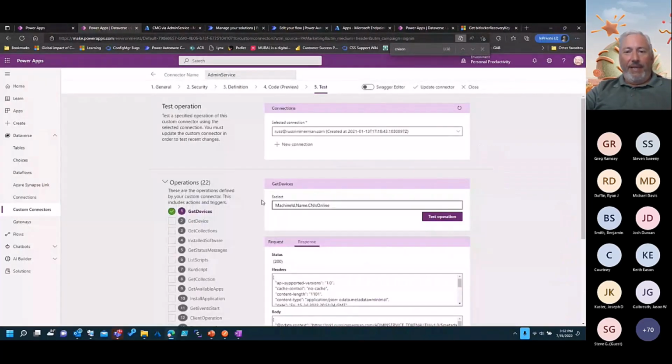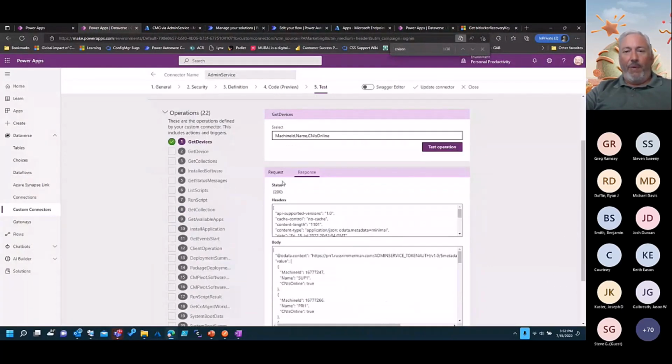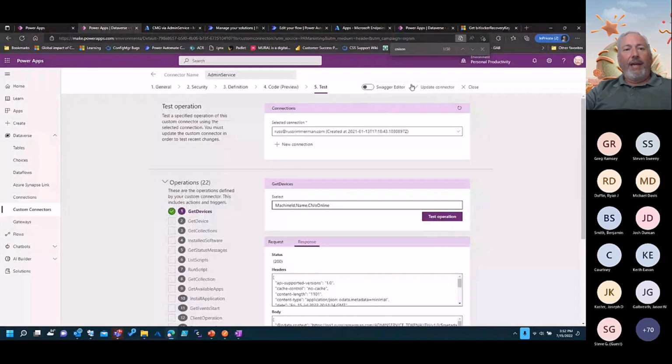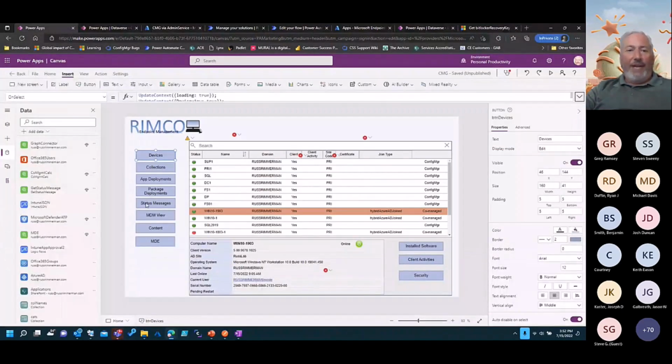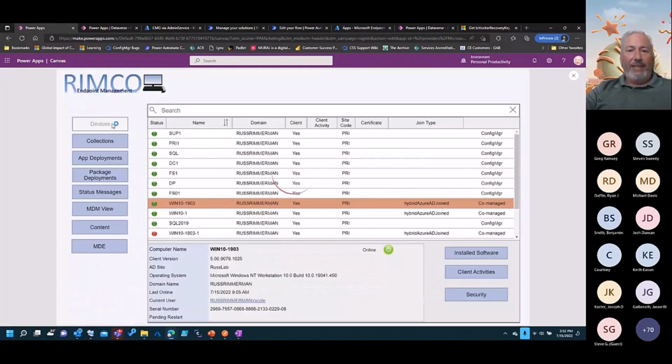You just come in here, paste your request, paste your response, update connector, go into your Power App and try it. If I hit play and I click Get Devices, it literally just gets the devices, and they were already there. So then the next thing I said was, well, cool, let me show all this data here. Let me